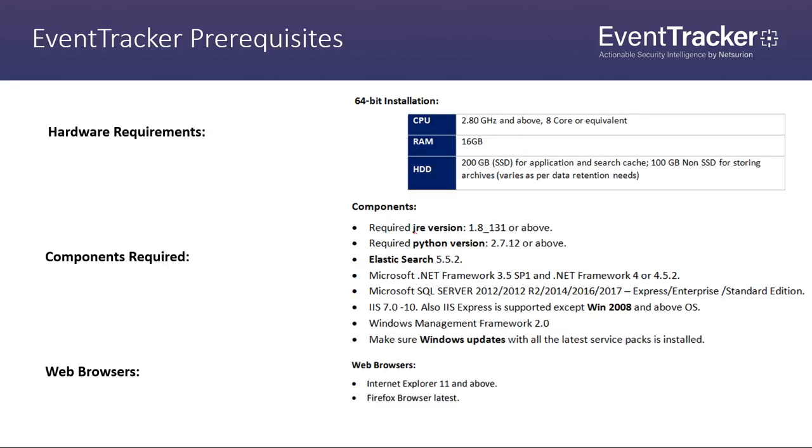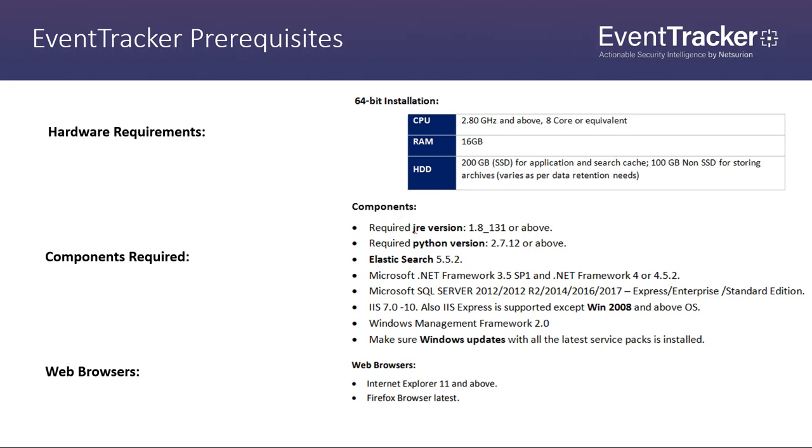For optimal performance, let us first discuss the hardware and software requirements to host EventTracker Enterprise. For EventTracker version 9 installation, only 64-bit Windows operating systems are supported, where the CPU should be 2.8 GHz and above and should be 8-core or equivalent. The memory should be 16 GB, and the hard disk drive should be a 200 GB solid-state drive for application and search cache, and a 100 GB non-solid-state drive for storing archives, which might vary as per the data